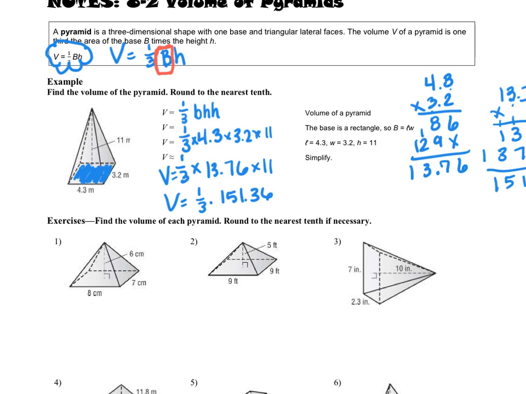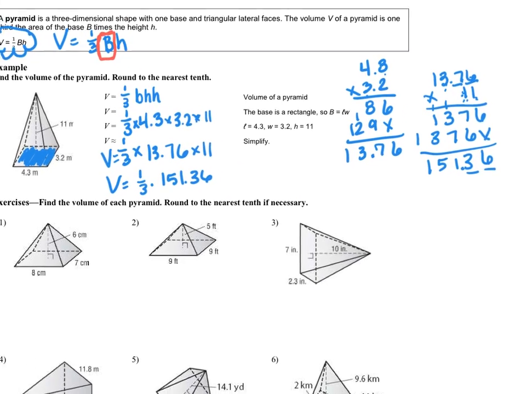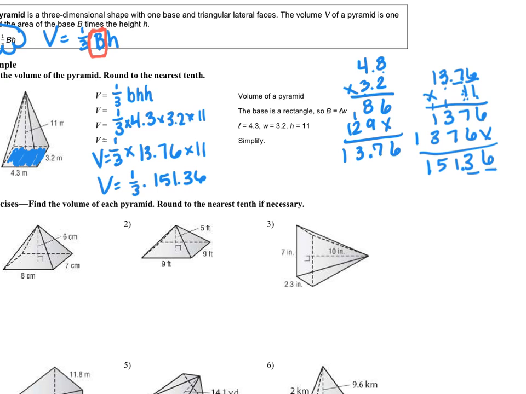I don't like multiplying by 0.33. I want to divide by 3. So it is the same thing. So we're going to do 151.36 divided by 3. So if I get down here, put my decimal straight up,